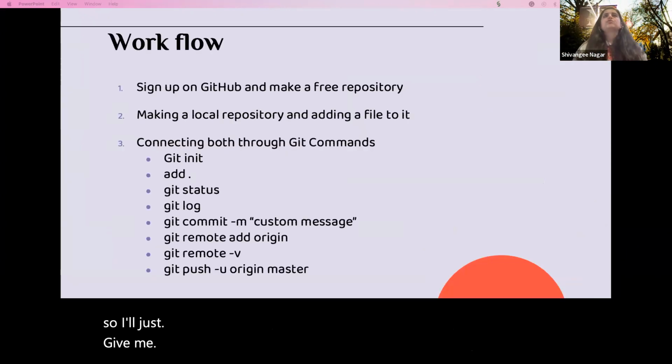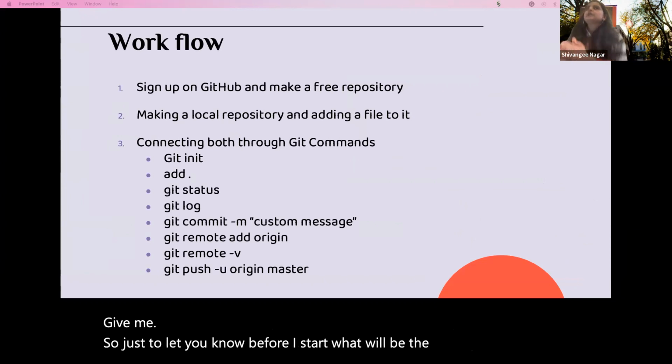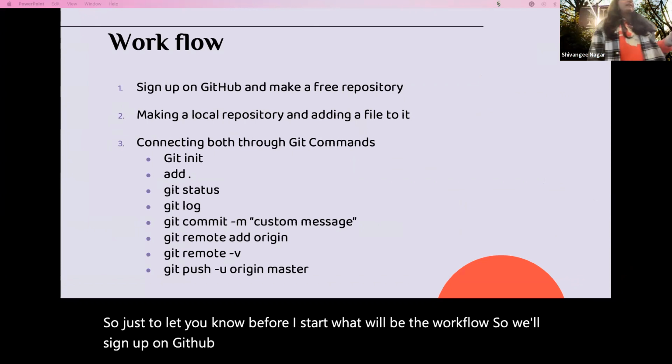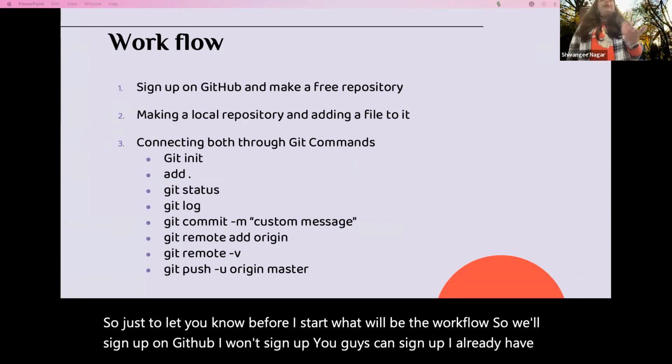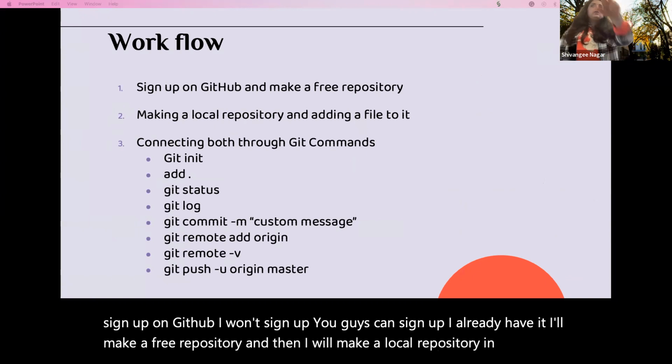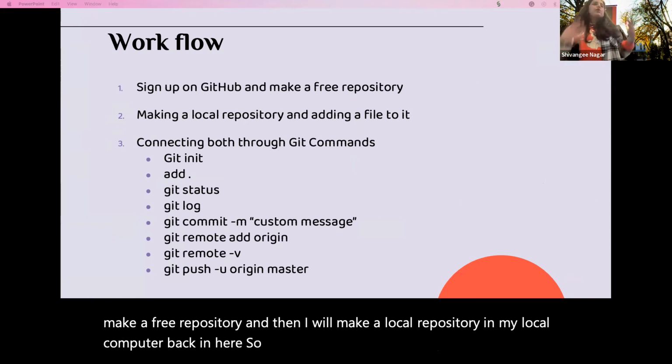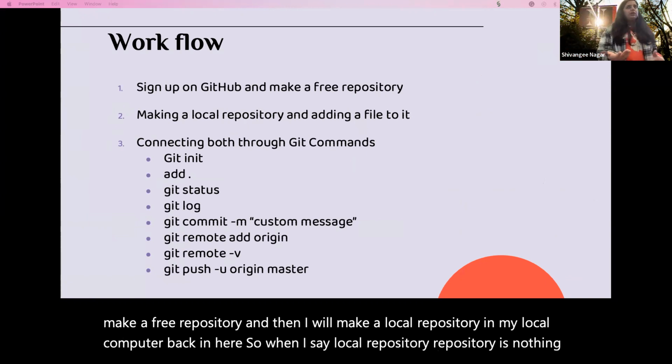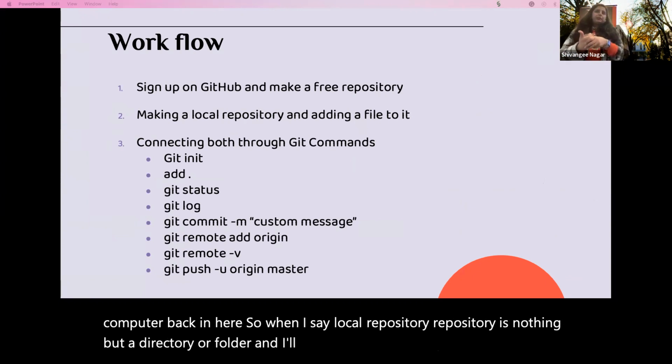Just to let you know before I start, what will be the workflow? We'll sign up on GitHub. I won't sign up, you guys can sign up, I already have it. I'll make a free repository, and then I will make a local repository on my local computer. A local repository is nothing but a directory, a folder, and I'll try adding a file to it.